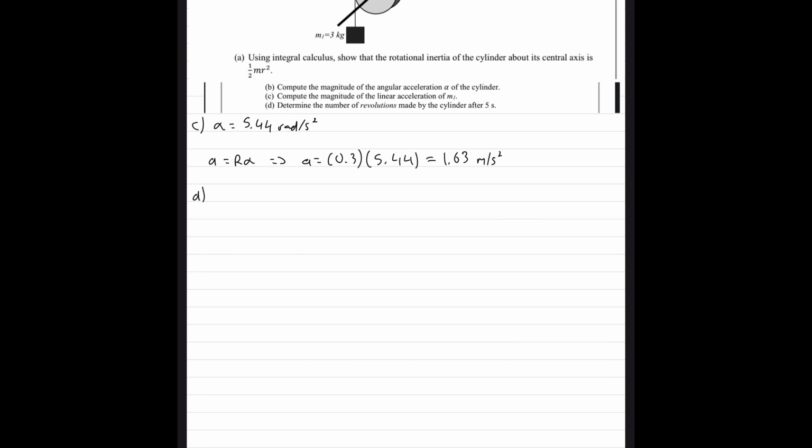Right. So we have the angular displacement, delta theta, is equal to initial omega t plus 1/2 alpha t squared. So we know that the system is initially at rest, so this is 0. Right, so we have delta theta is equal to 1/2 times 0.44 in 5 seconds, which gives us